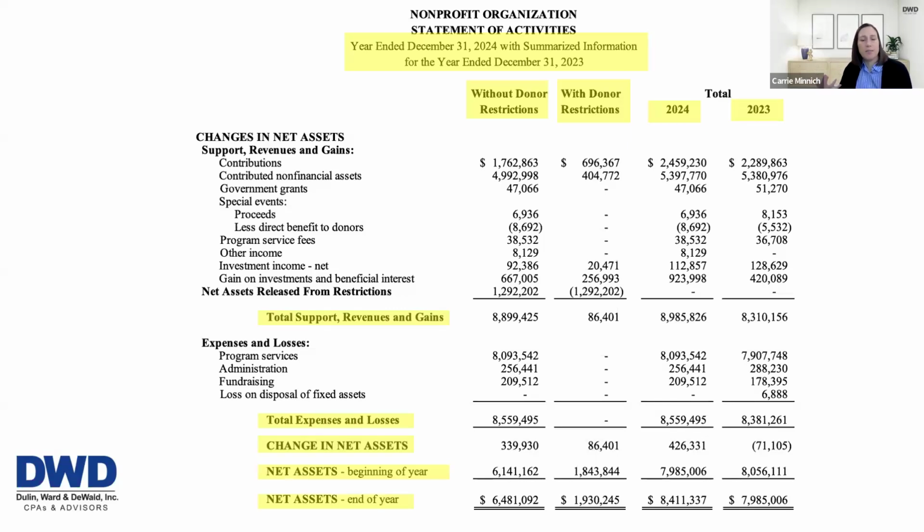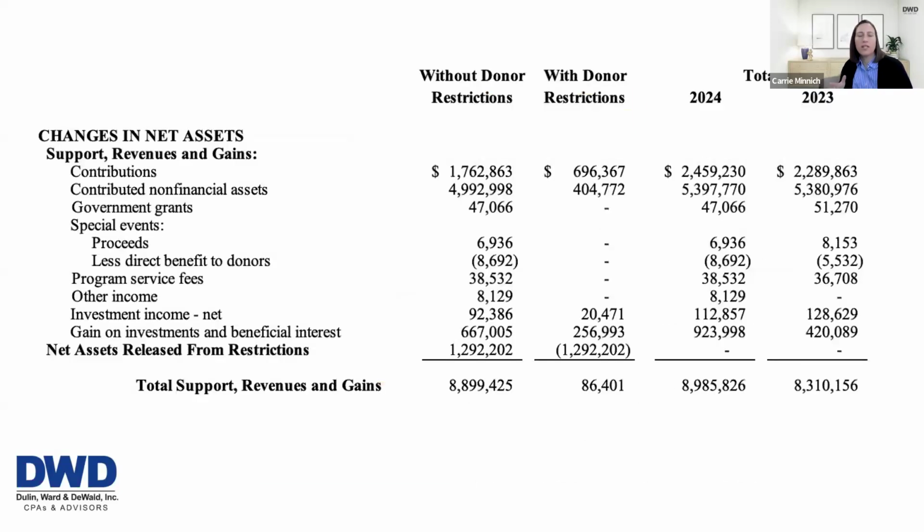So when we look at this statement, we really want to look at the first column there, without donor restrictions, that's kind of what our operations are. So this one has a change in net assets of $339,930. So that means basically on our operations, we brought in net income of $339,930. The second column, with donor restrictions, has to do with timing differences of when those items came in and when they're spent. So if we look again at the top section, just total support and revenue,